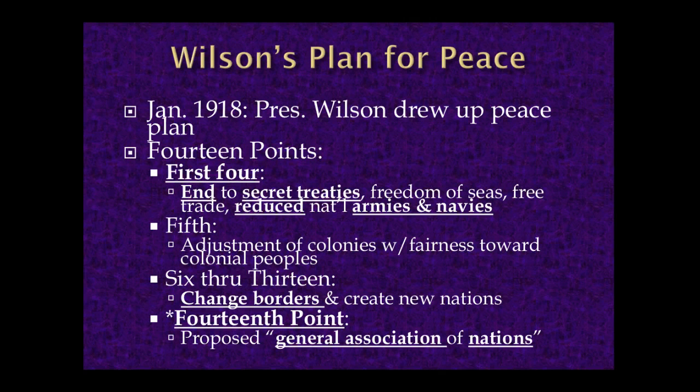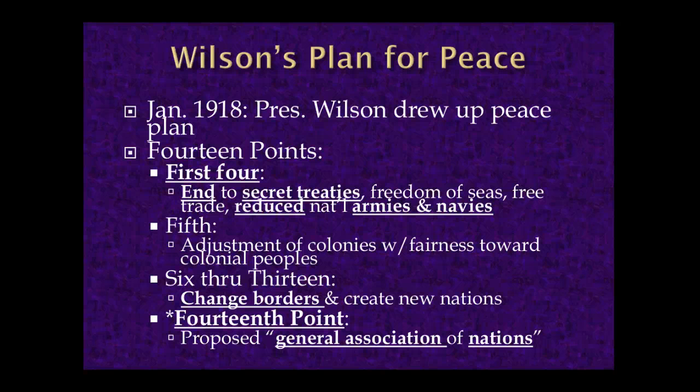The 5th through 13th points have to do with self-determination, which would be allowing countries to decide what's best for them, which would be trying to see what to do with the colonies of the defeated powers, changing borders, creating new nations with these disrupted empires. And his 14th point is the most famous one, where he proposes this general association of nations that would prevent conflict from breaking out again, which becomes known as the League of Nations,